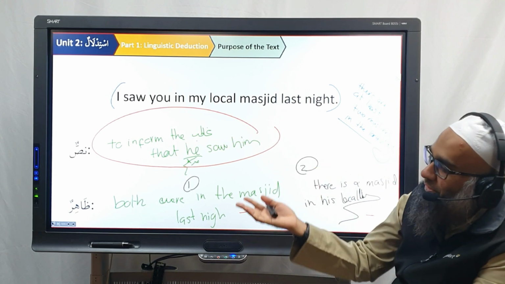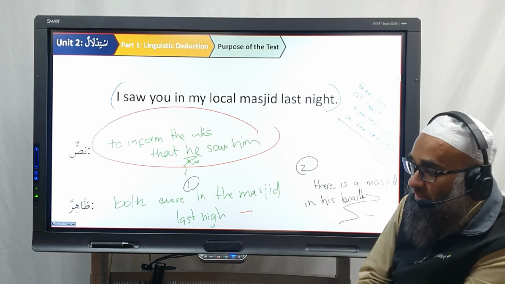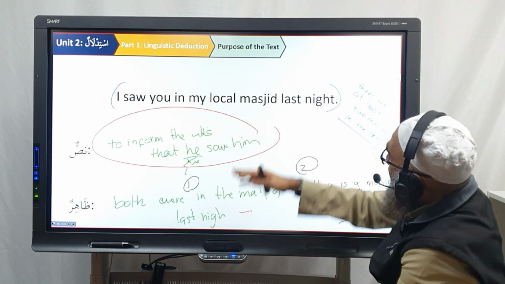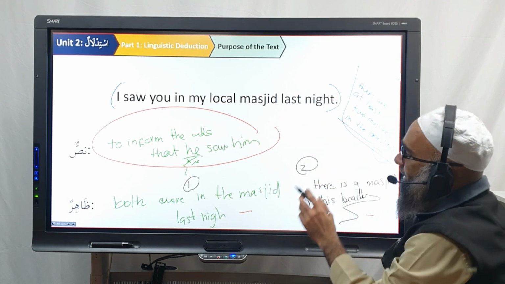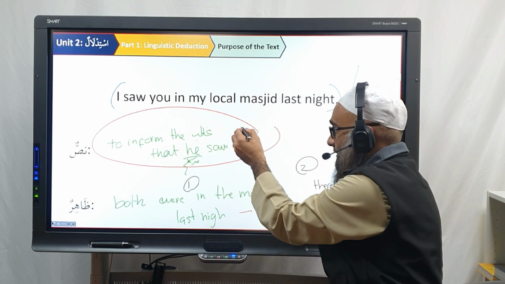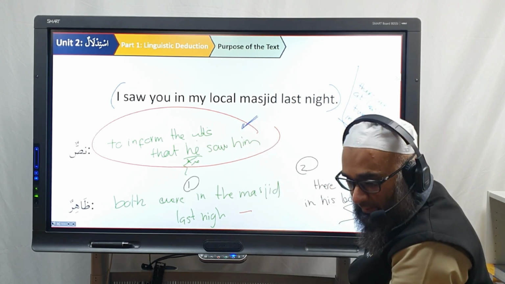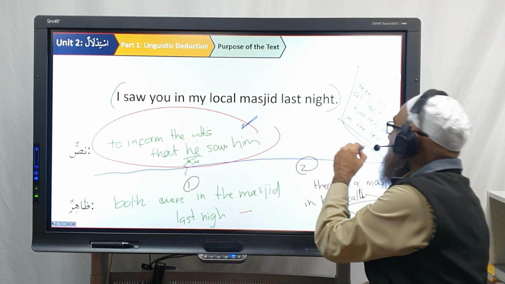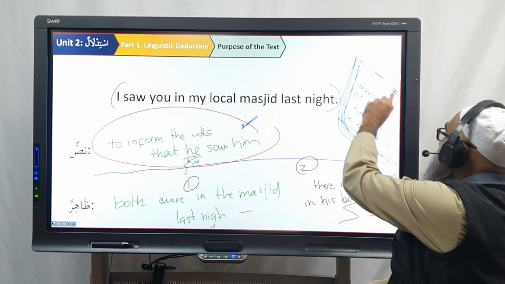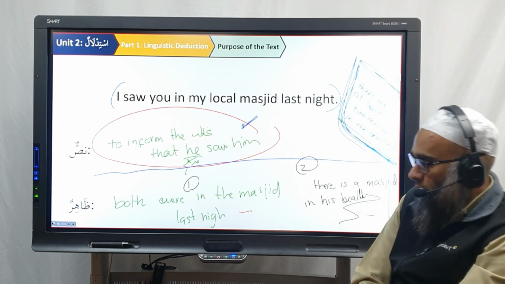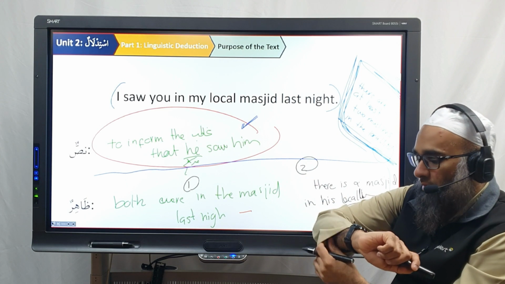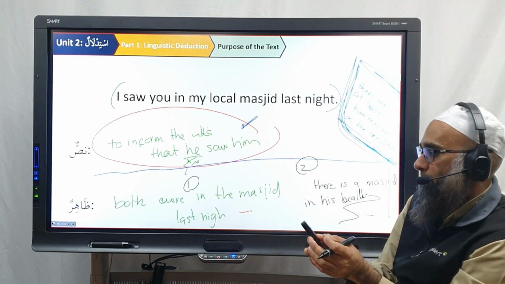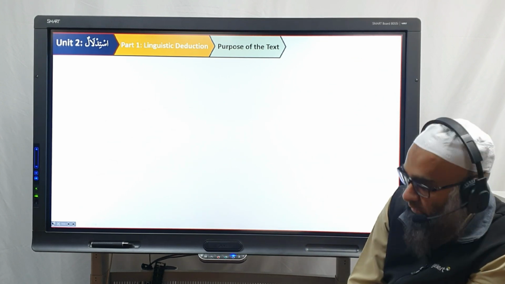Do you understand? So when you look at Quran, you have the nas and the zahir, and then there are other things we do later on. But primarily, this is something we understand as the reason of the text, and these secondary things are things we understand from the text, even though it's not the purpose. And this is something very hidden, very succinct, very detailed, and obscure. That's what we do later on, inshallah. So nas is the reason you bring the text, and the zahir is the meaning you understand from the text, even though it's not the primary objective of the text. And we'll go through a Quranic example tomorrow, inshallah.